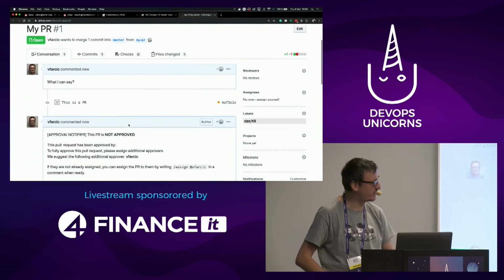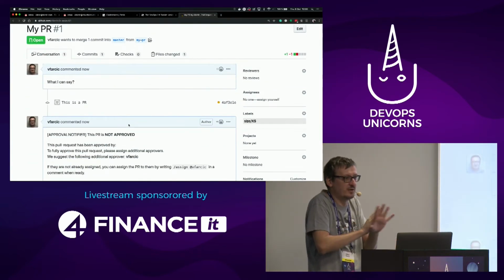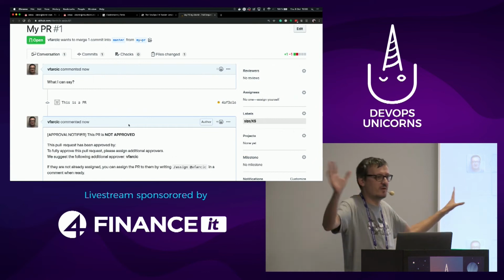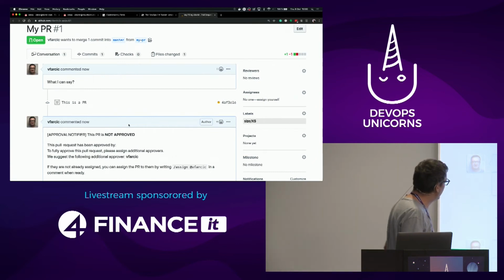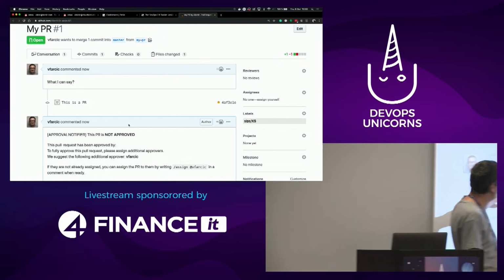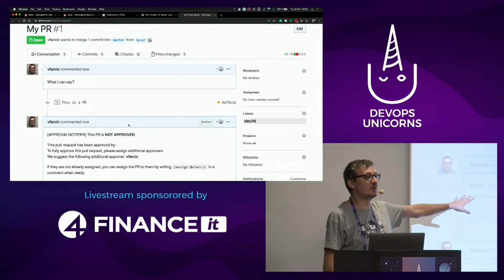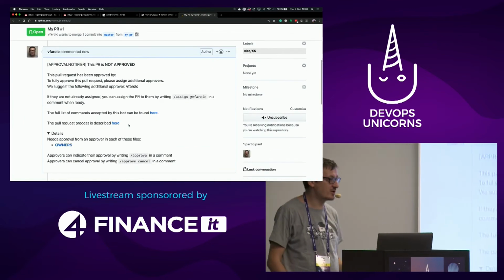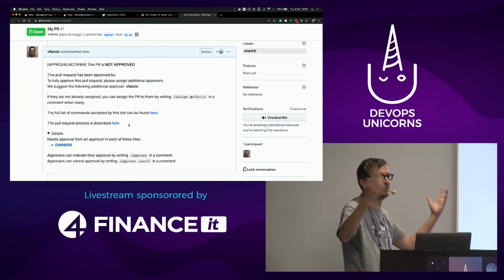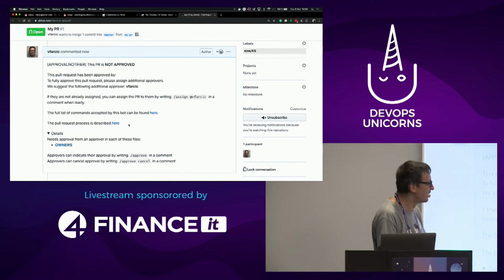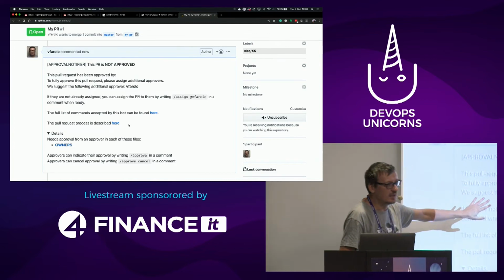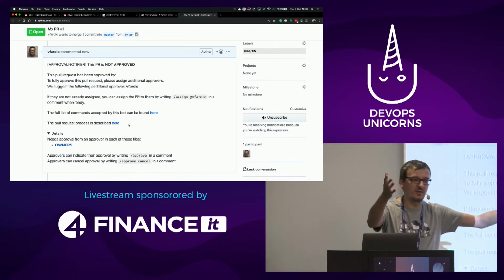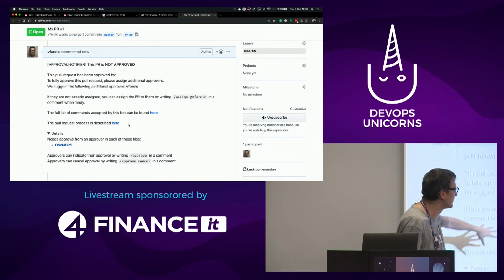Okay, so this is my pull request. So far I did not introduce any tool that you don't know. I'm working with Git only. So this is my pull request. This is a new feature. This is the description of my feature, whatever the description is. These are the instructions, just in case I'm new to the team and I'm not really sure what's going on. Say, okay, man, if you want to create a pull request for this team in this project, these are the rules you need to follow.